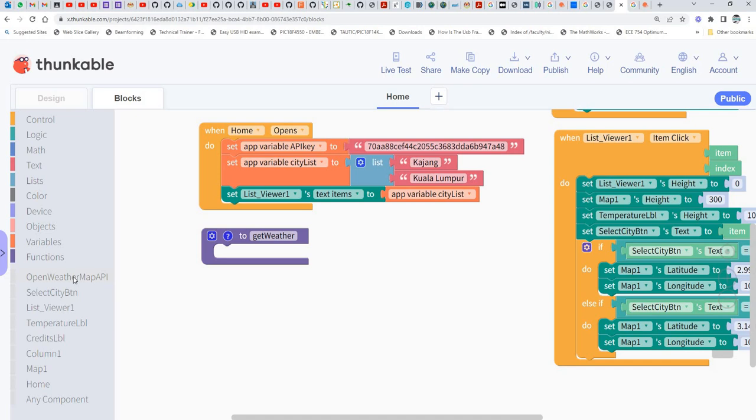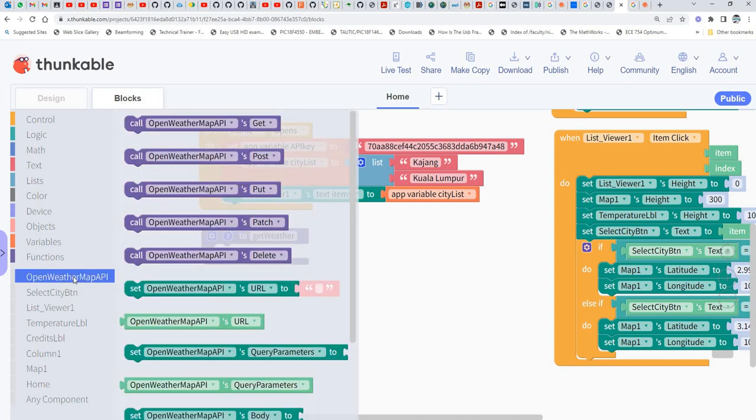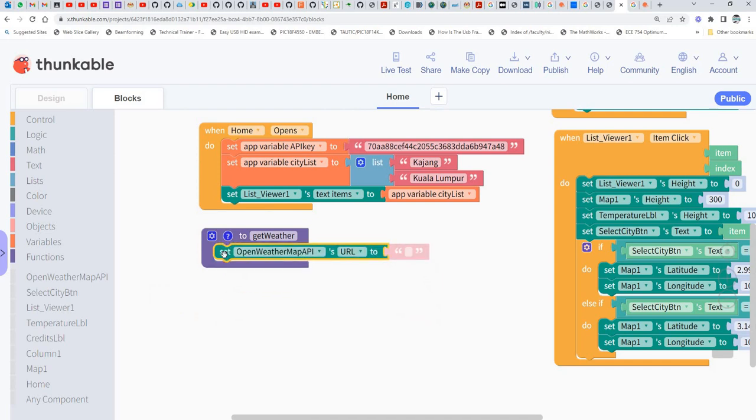So here's where we're going to use the Open Weather API. We're going to set the Open Weather API URL. So this is important. I'll put it here. Now this URL,